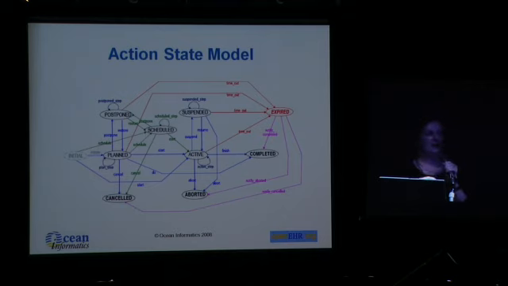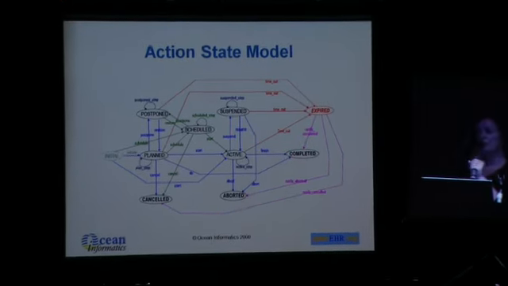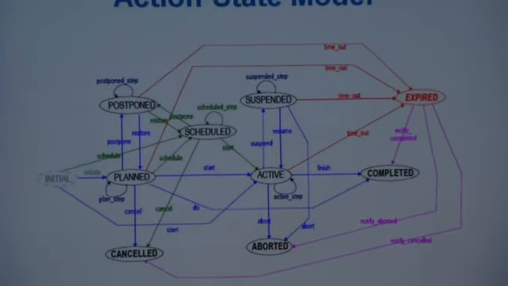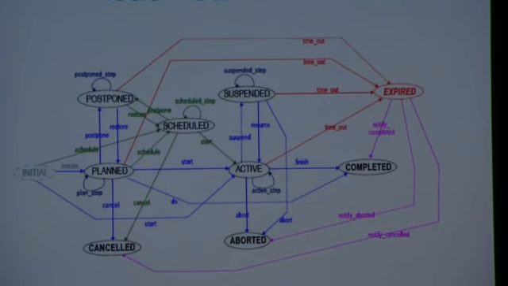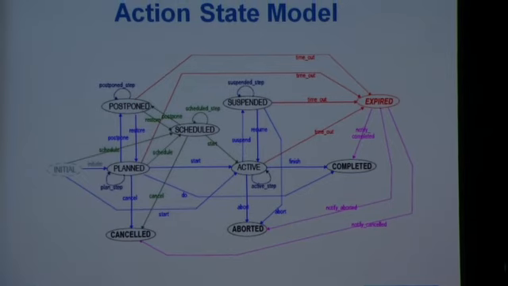Now this is the technical diagram that reflects what we just saw. And again, you can see we have these states of being planned, active, completed, and so on. You can see which transitions are allowed between each of the different states. So this is all built into the reference model within openEHR. これが実際の絵に図になるんでしょうか。これも全部openEHRのモデルの中にも作り込んでいます。